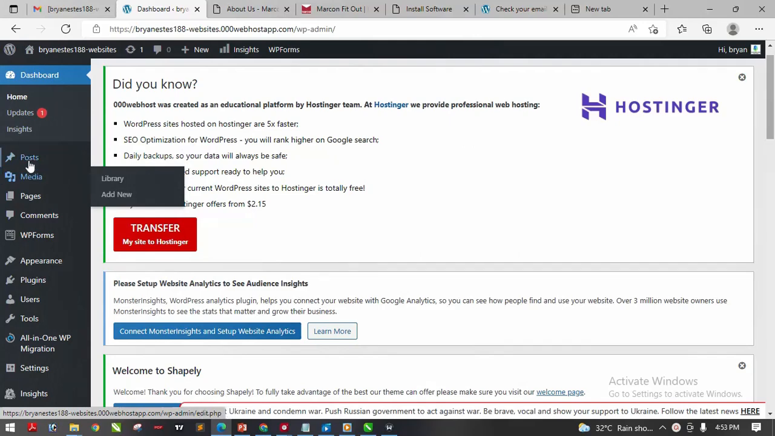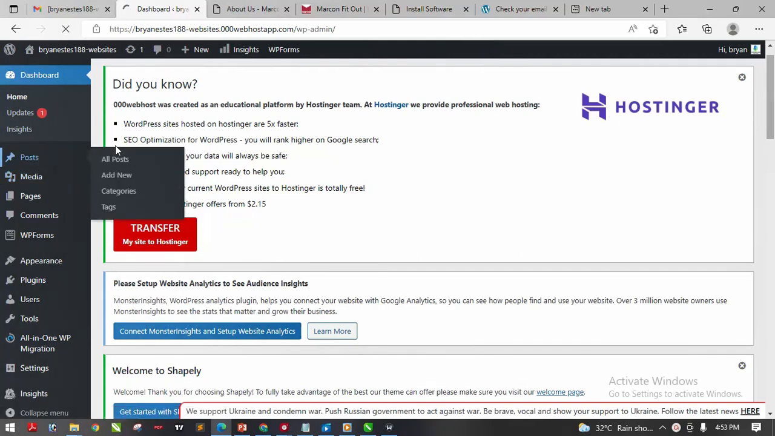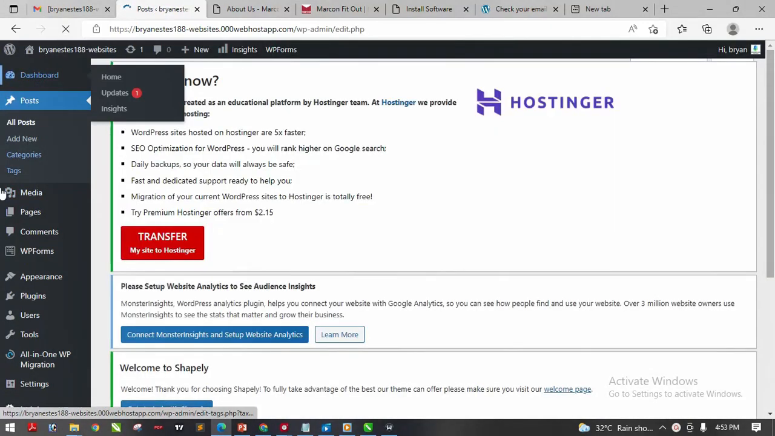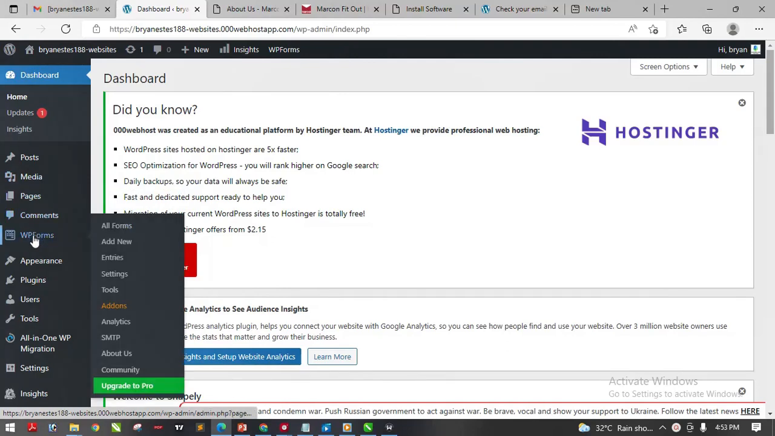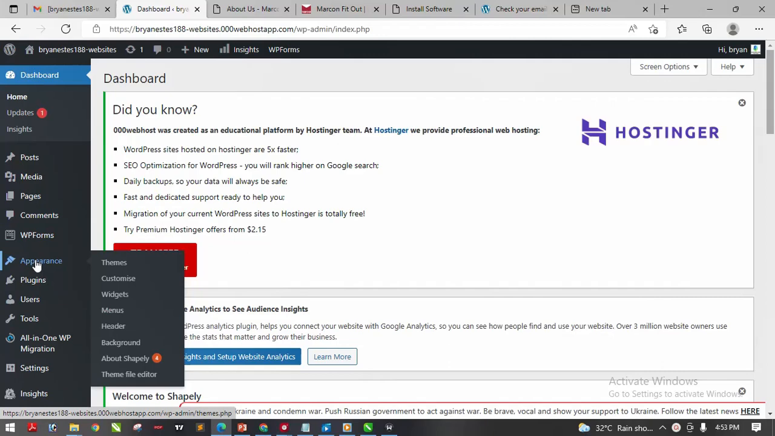This is where we create our posts. Our posts are also known as blogs. This is the pages. This is where we create our pages. This is where we create our media files, where we upload our media files like videos and pictures. This is where you reply to comments. This is where you create your form. This is Appearance, where we come back for menu,